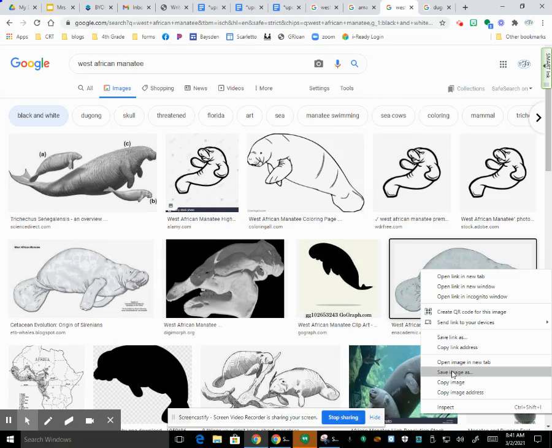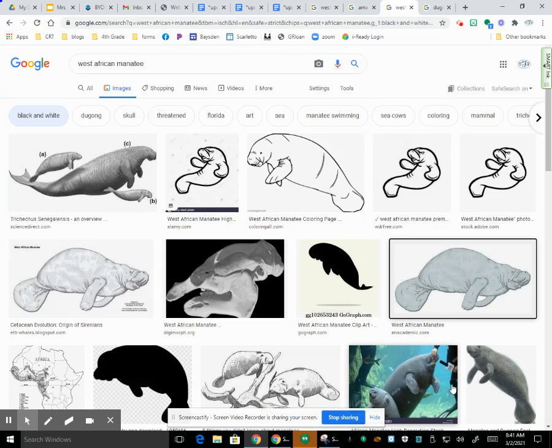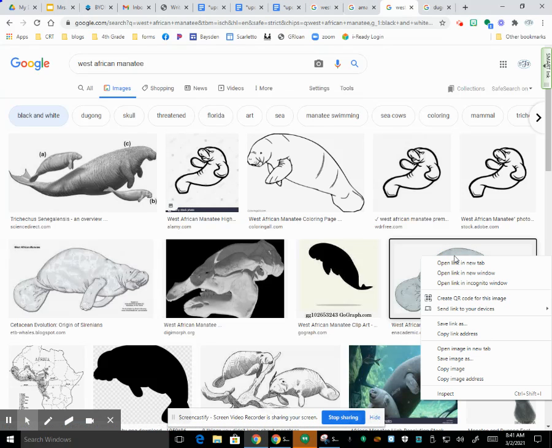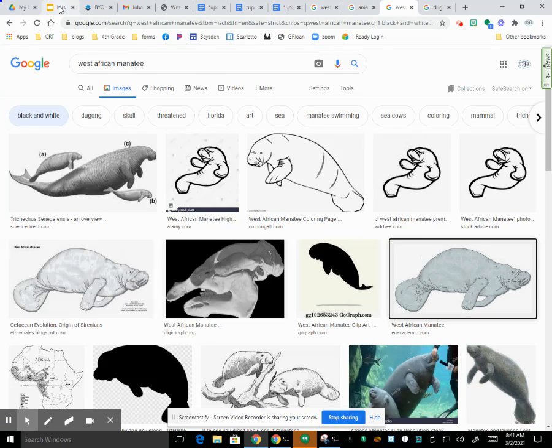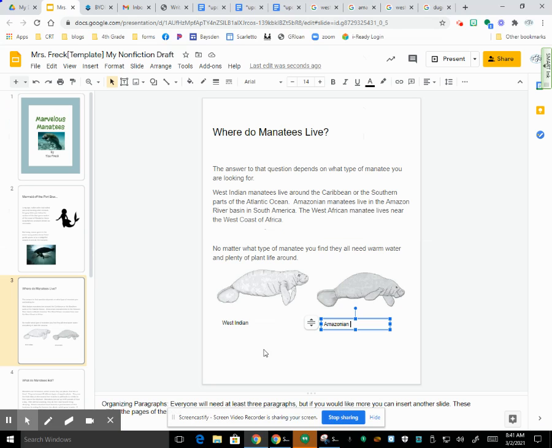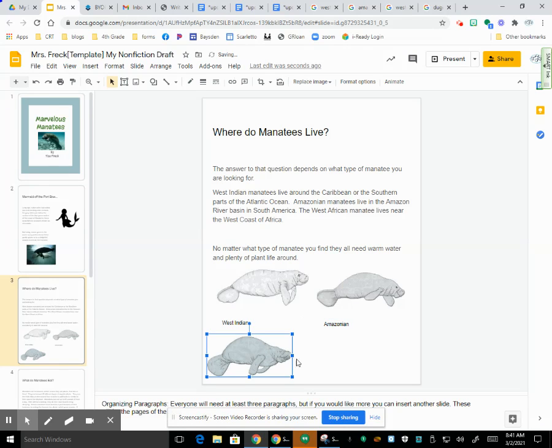There's one. Their faces are all a little bit different. So that's why I like using these illustrations, because you can see the difference a lot better. I just did a right click, copy image, went to my text, paste, grabbed a text box, West African,